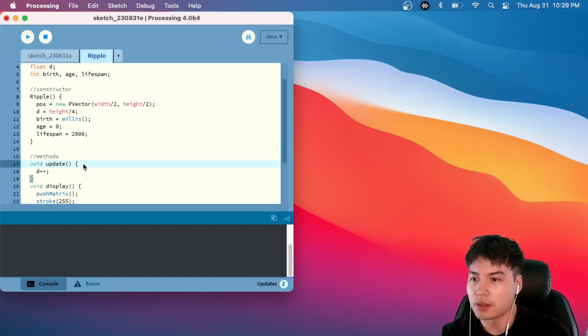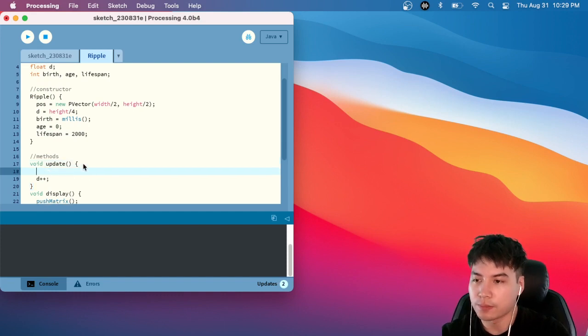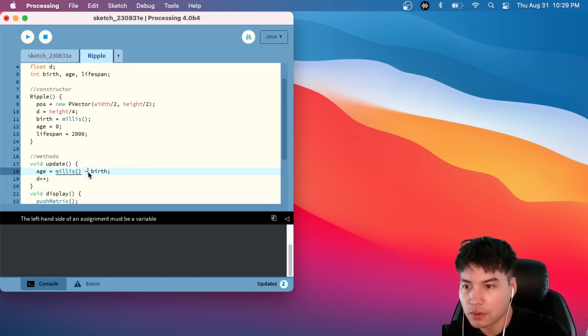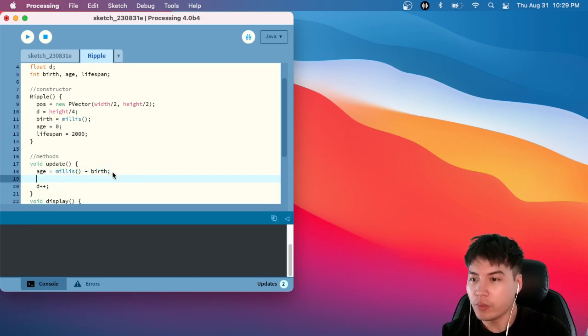Then in update, what we can do is say age equals millis minus birth. And then we can say if age is less than lifespan,